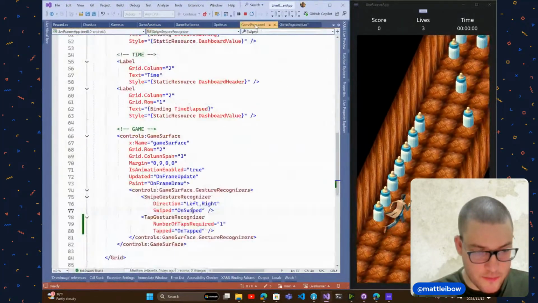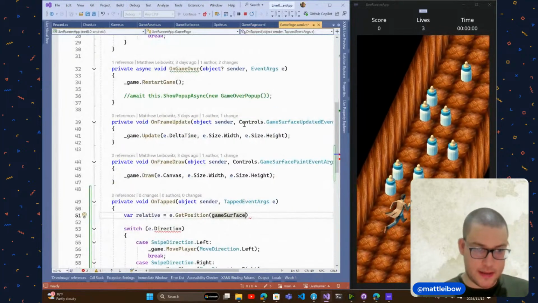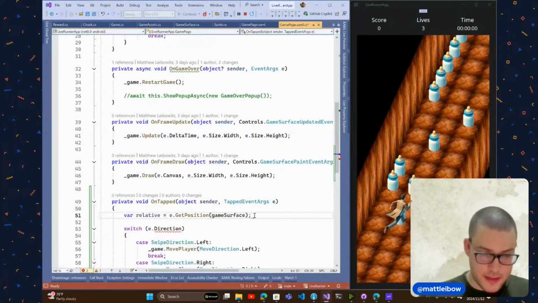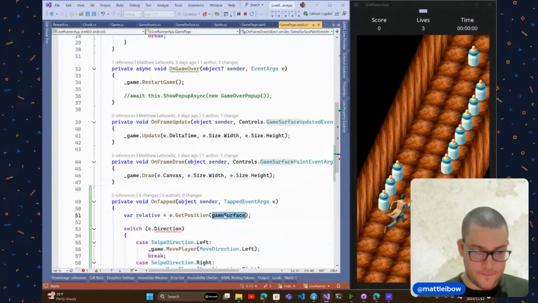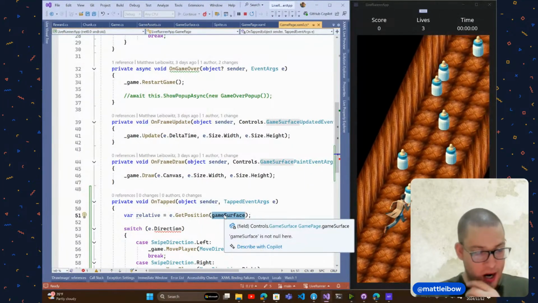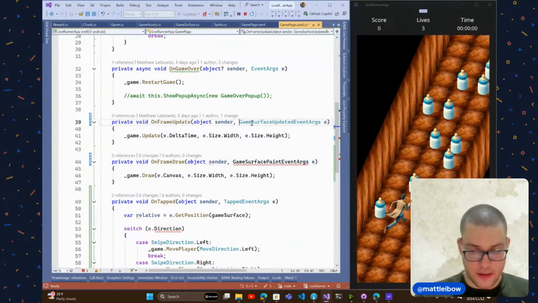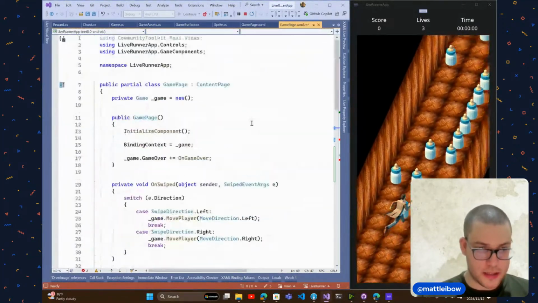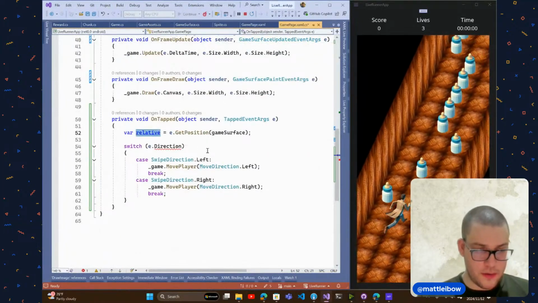Why do we have game surface? Is anyone using game surface? Let's not use it. Let's just do game surface. I'm not sure what sender is. Sender I think is the element. Oh, that's sus looking. Don't like those extensions. There we go, much better. And then we do